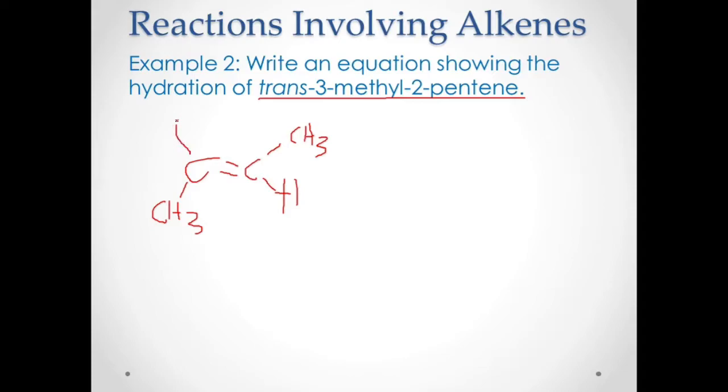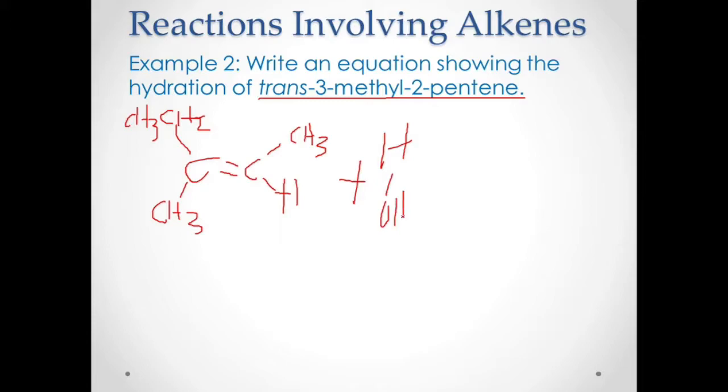Okay, so 1, 2, 3. Then you have CH2, 4. Then you have CH3, and that would be 5. You have CH2, CH3. So 1, 2, 3, 4, and 5. That is 2-pentene, and they're actually trans. See, both of these CH3 are trans. Then that's trans-3-methyl, 1, 2, 3, 3-methyl-2-pentene. Plus